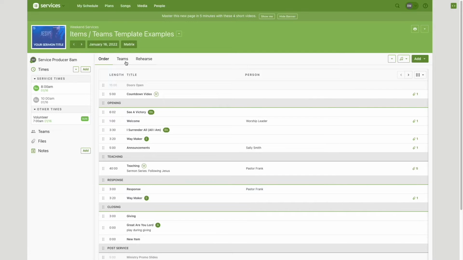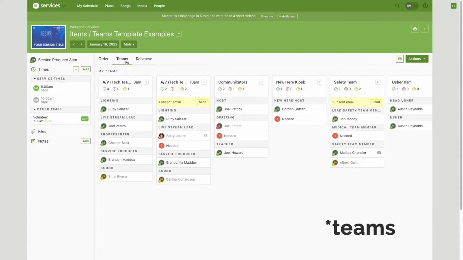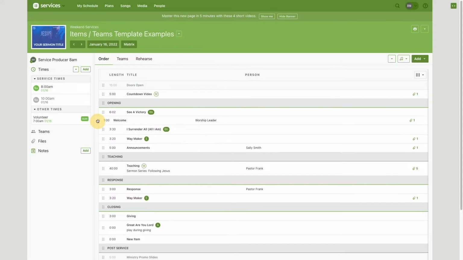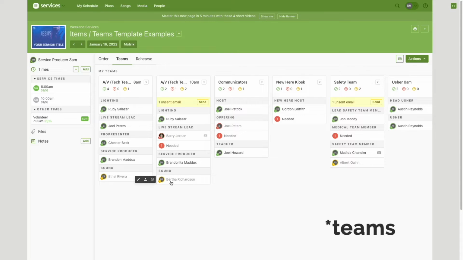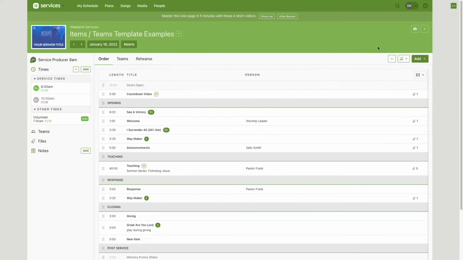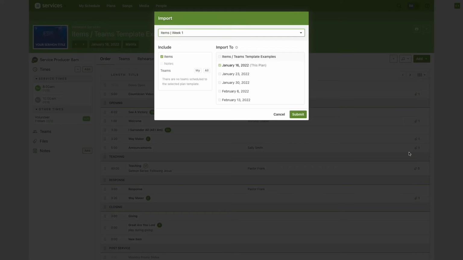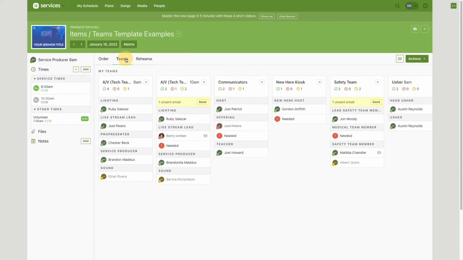Plans have two main sections, order and people. Order is where you organize the schedule, media, and song elements for that plan. People is where you schedule people to positions. On this plan, we can add items individually, or we can import items from a template that we've already created. That template we had created already had needed positions set up, so now we can begin scheduling people to volunteer